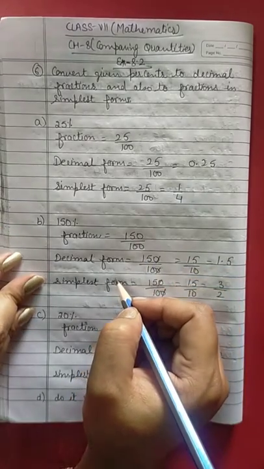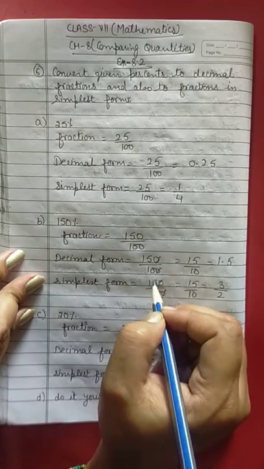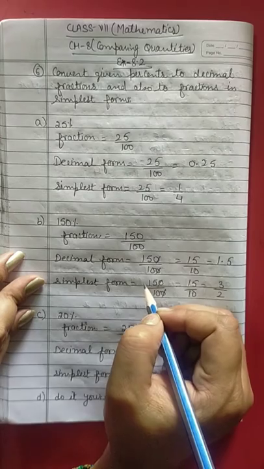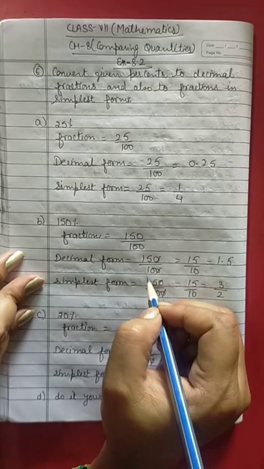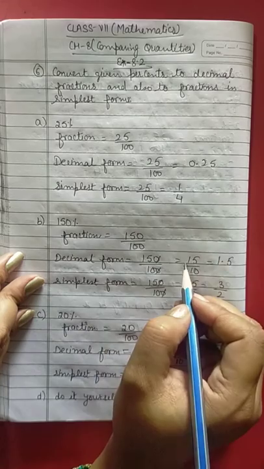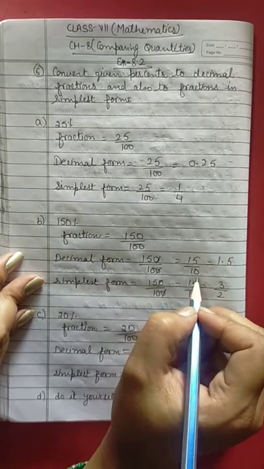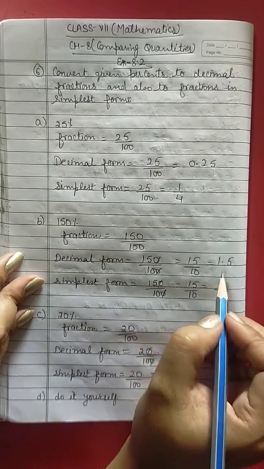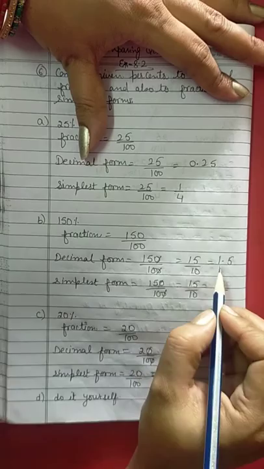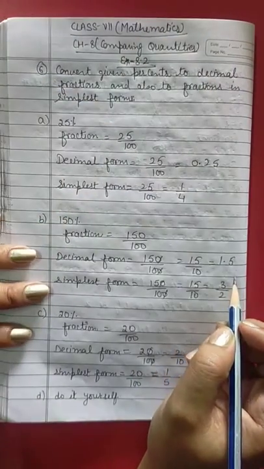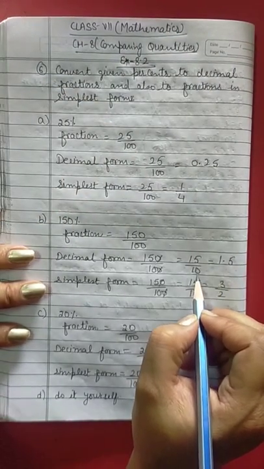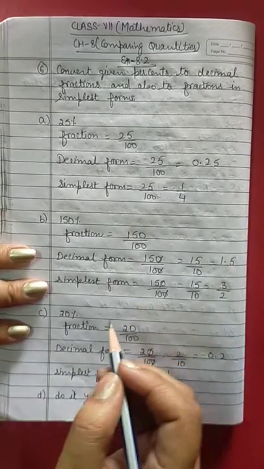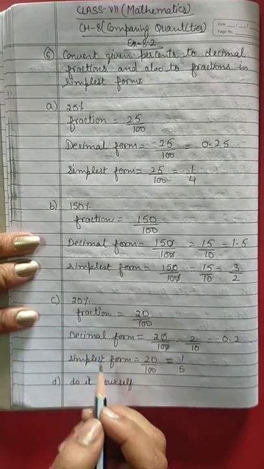And for the decimal form, 150 divided by 100, we will cancel it. We will not simplify it further, because we can insert the decimal easily with the help of this 10. So it will be 1.5, because in the denominator of 15 there is only 1 zero with the 1. So we will put the decimal in between 15, that is 1.5. This 0 shows that there should be only 1 digit after the decimal.